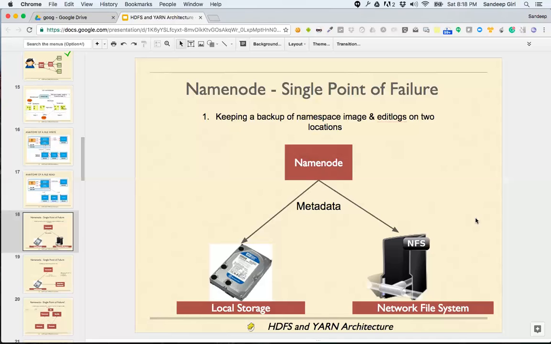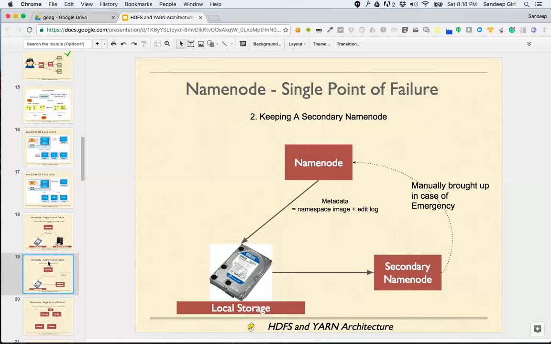Jamil's question is, what about the secondary name node? Unfortunately, the secondary name node was nothing but another machine on which we had already set up a name node, shut it down, and it is not running anymore. What we used to do on that machine is merge the image with the log and start the secondary name node, which was equivalent to the previous one.